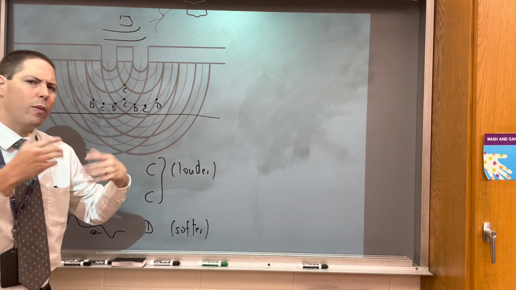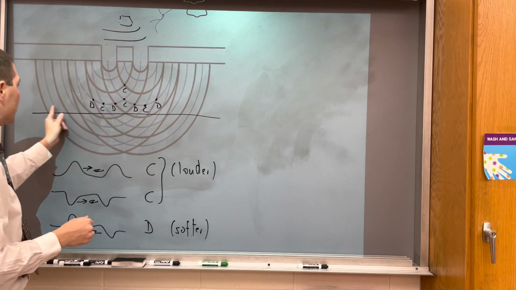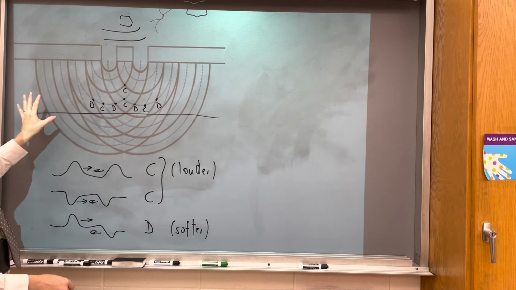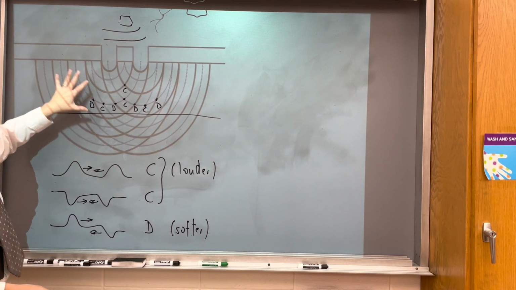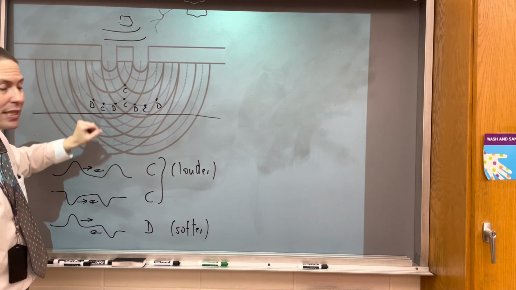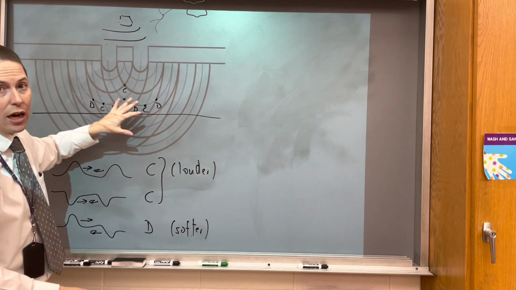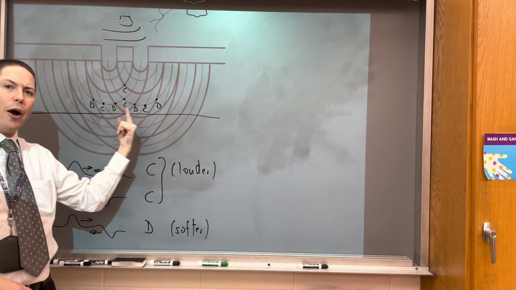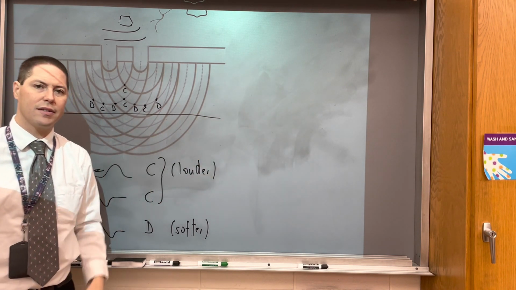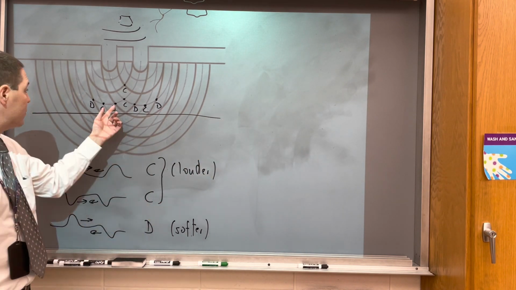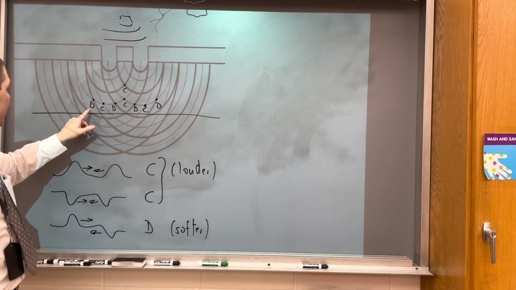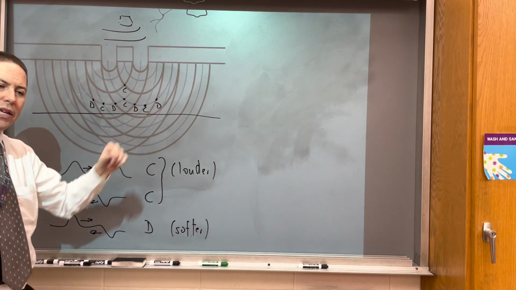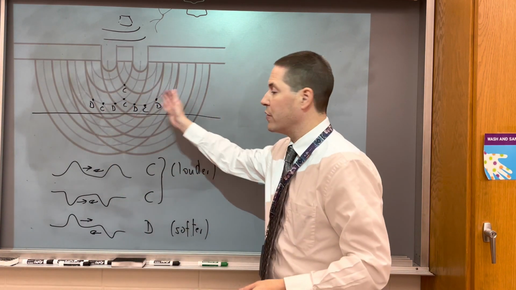So let's consider what would you hear happen to the sound if you were to walk along here. So let's say here's the long buffet table, and over here is where you pick up your physics plates and cups and napkins, and your physics drinks, and your physics salad, and your physics entree, and your physics desserts. What would you hear happen to the sound as you walked in a straight line across? Well, because of the interference, it would go in and out. It would be softer, louder, softer, louder, softer, louder, softer in a repeating pattern because of the destructive and constructive